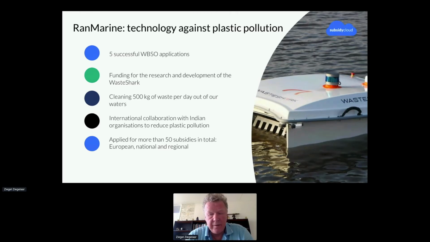And it sounds really simple, actually, but to develop this type of little boat or shark, give it a name, they needed some subsidies to get it done, and also to put it into the market. And they got it, of course, otherwise I wouldn't be presenting it now. But this is just an example of an idealistic development that got paid for by our government, because there is a benefit for the country in itself.